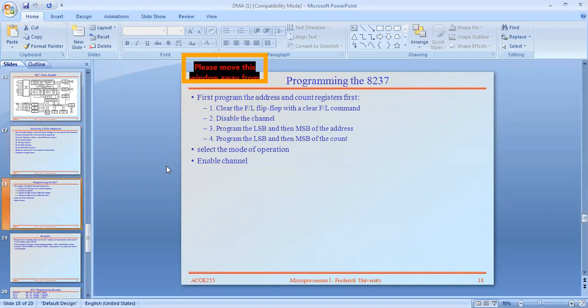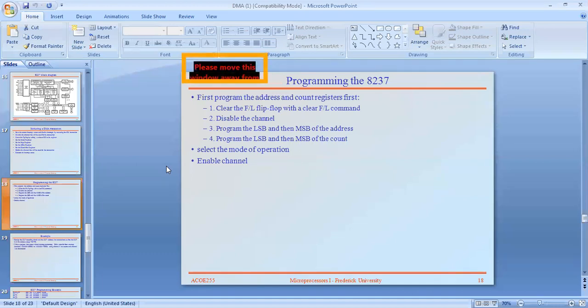Next, programming of the 8237. Of course, the programming part is not in your syllabus from the exam point of view. But see here, programming the 8237 means first program the address and counter registers.